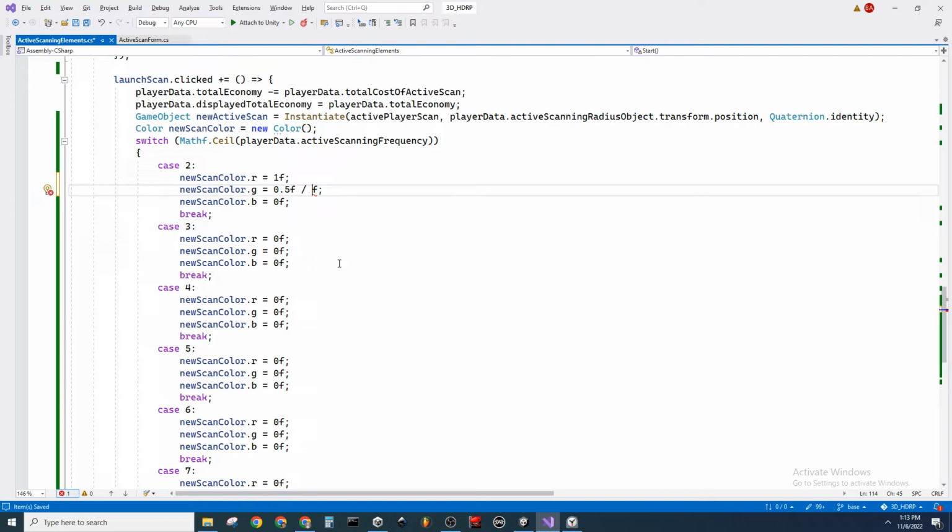Or was it just the, so I'm double checking here if it was the raw scanning frequency or the difference. Because the color value just needs to go off of the difference. I'm pretty sure